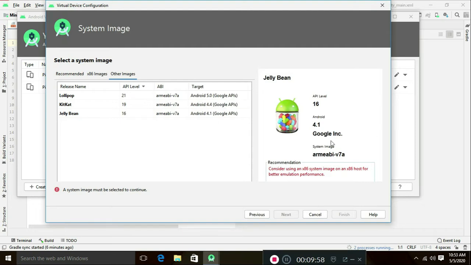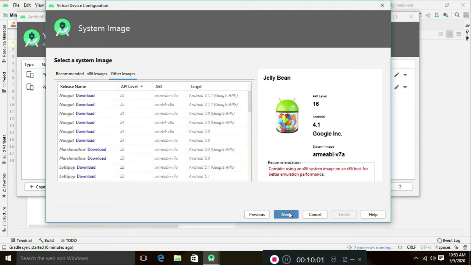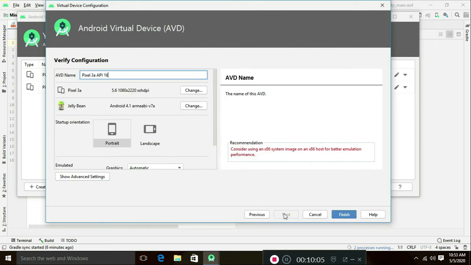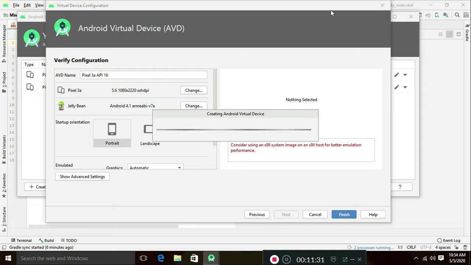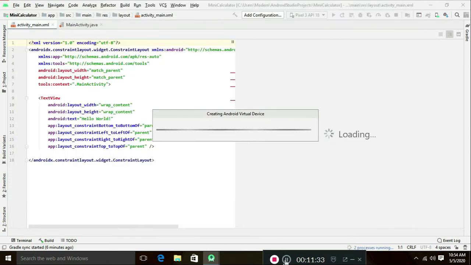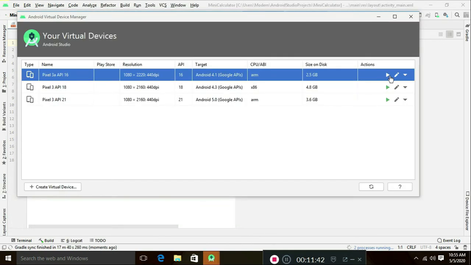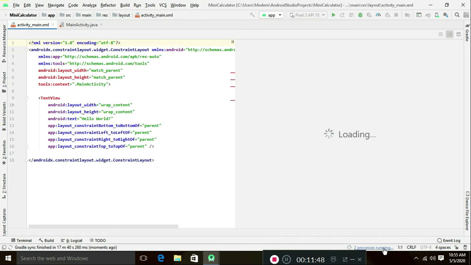Okay, done. Click on Finish. Checking Android virtual device. Creating Android virtual device. I got the virtual device. When the pop-up window opens, click the virtual device. Run it. Launching your emulator. Wait for updating indices. The background task is running.